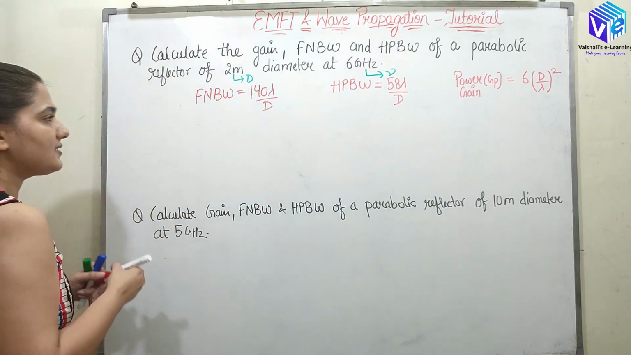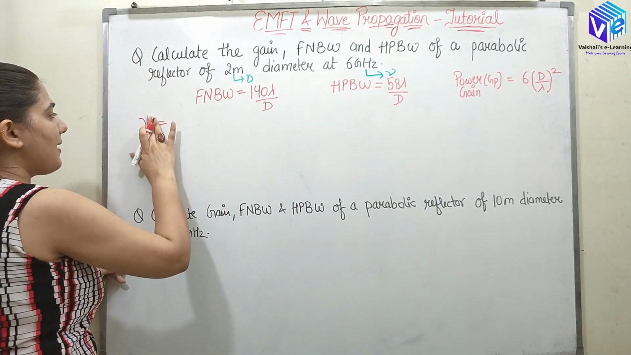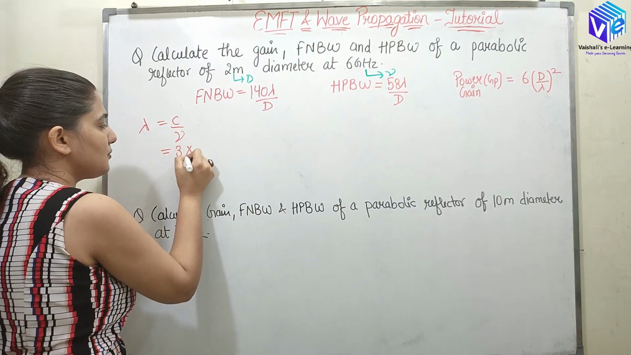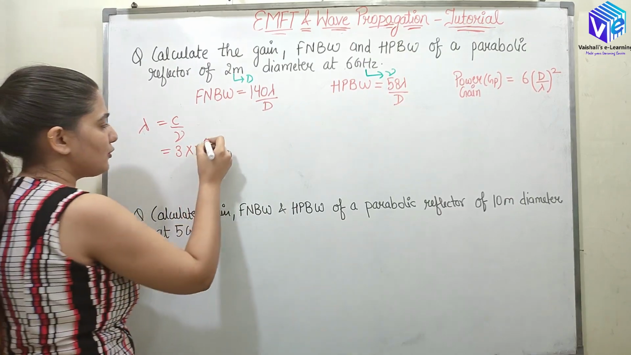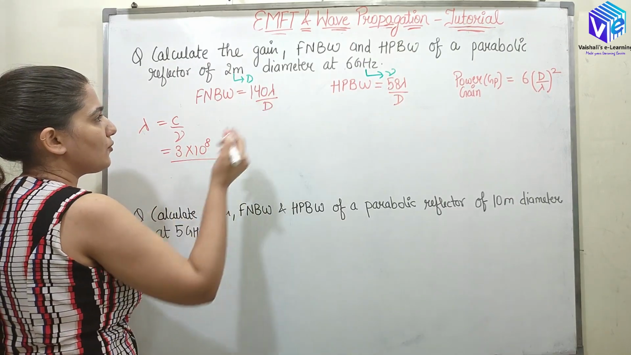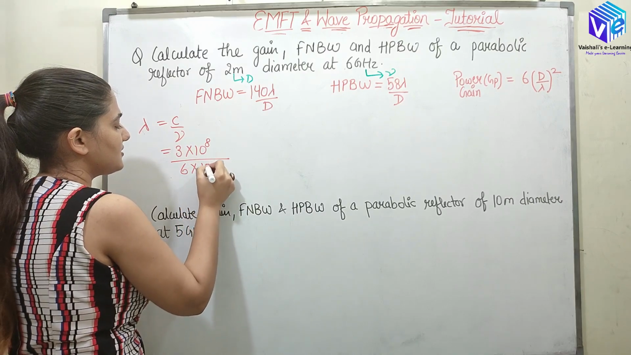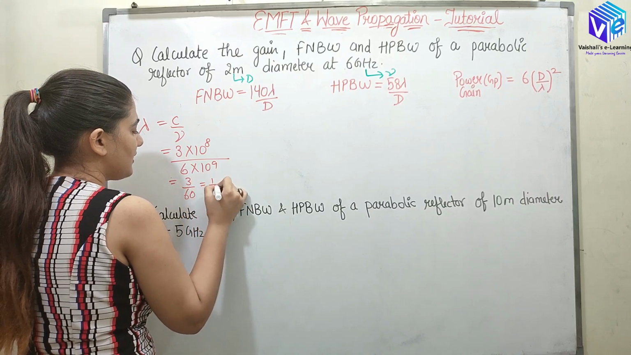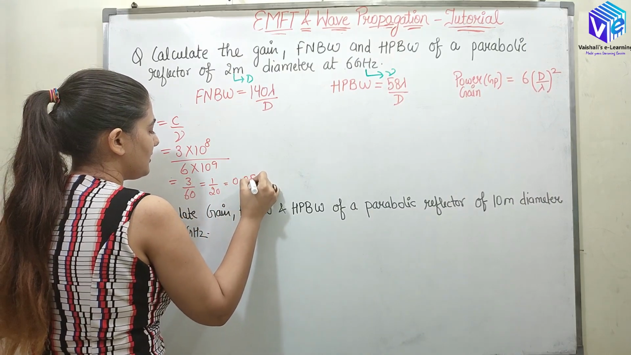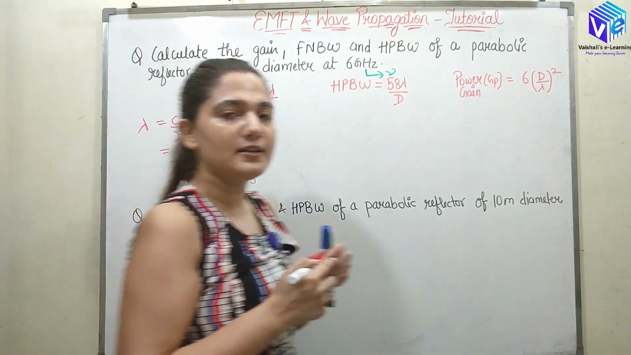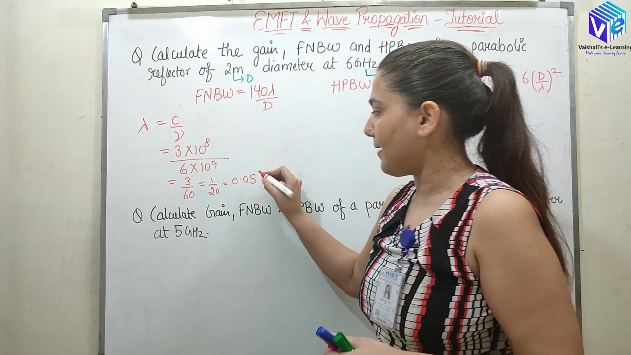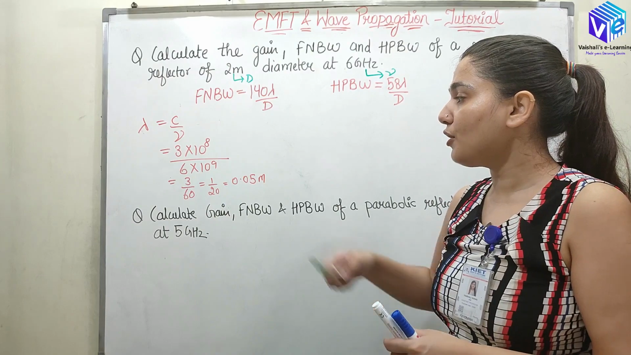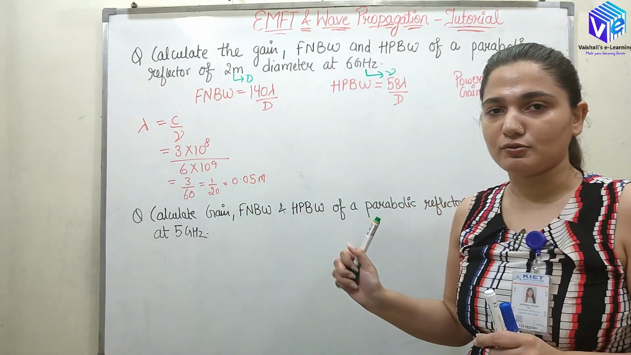So first of all, frequency is given. From that I can find out lambda. Lambda is the wavelength. Lambda is equal to c upon frequency. C, we all know, is the speed of light, so it is 3 into 10 raised to power 8. What is the frequency? It is 6 gigahertz, which is 6 into 10 raised to power 9. So it will be 3 upon 60, which is 1 upon 20, which is 0.05. So I hope now you understood how I calculated lambda. It is in meters. Remember, always calculate anything with its unit also,